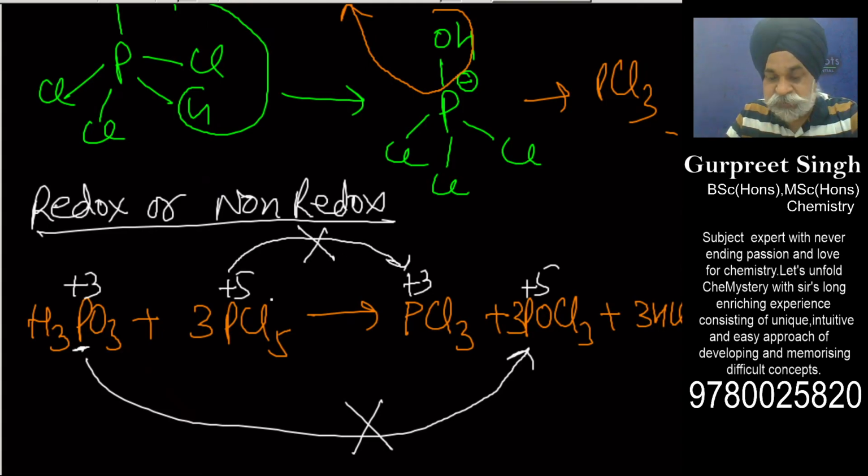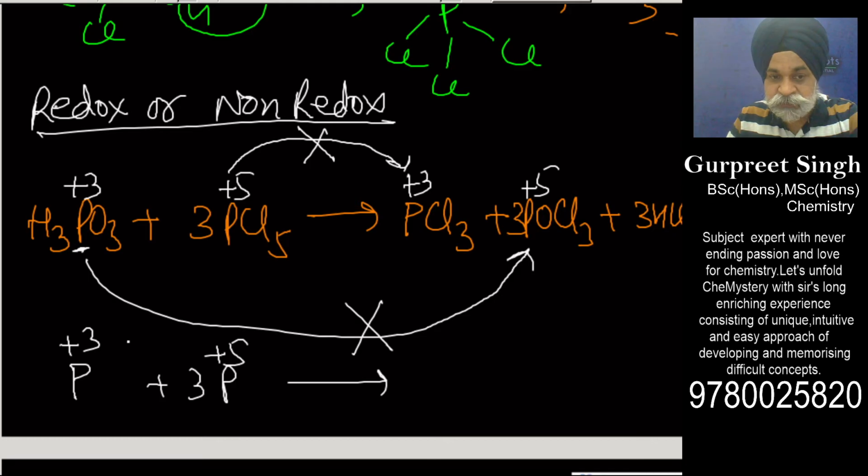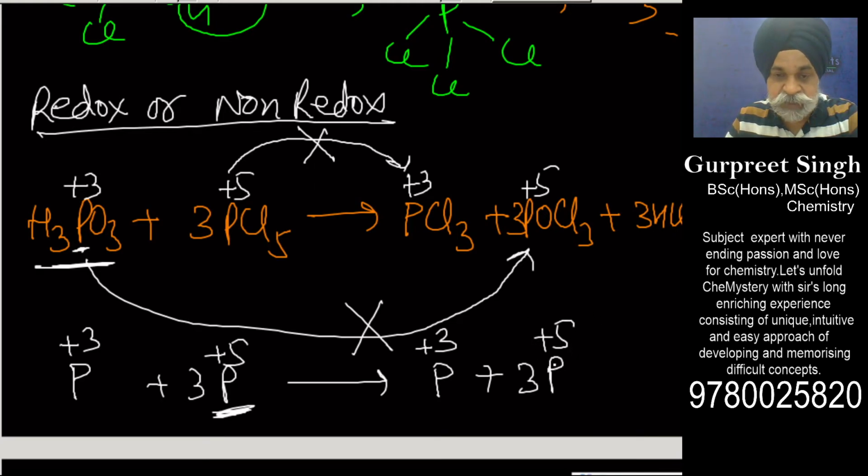If it had gone this way, then this would have been a redox reaction, but actually it has not happened that way. As per the stoichiometry, one phosphorus which is in +3 and the three phosphorus which is in +5, the one phosphorus which is in +3 happens to go to +3 only, and we have proved it also, that this phosphorus which is having three OH groups, all got displaced by Cl. So the oxidation state has never been changed, and this phosphorus which was in +5 oxidation state, and these three phosphorus are still in that +5 oxidation state.